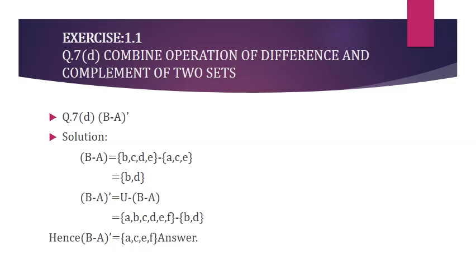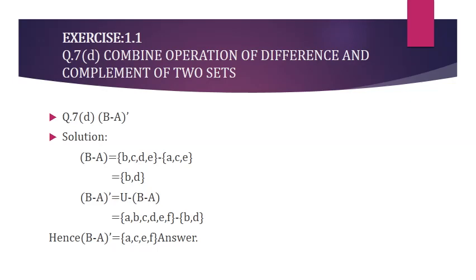Now come to the third step. Here I have written the complement of B minus A. You must remember, as I explained in the last slide also, A complement means U minus A, universal set minus A. B complement means universal set minus B. Now here we have to find the complement of set B minus A, so on the right hand side I have written U minus (B minus A). It means to find the complement of any set we have to deduct that given set from the universal set. We have just found B minus A in the last step, that is B, D.